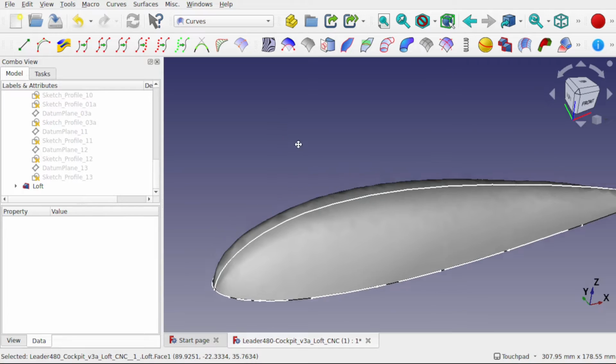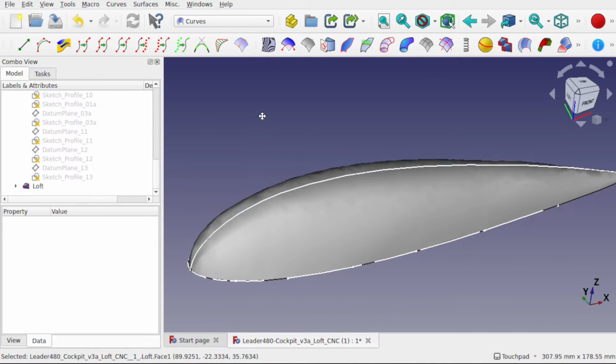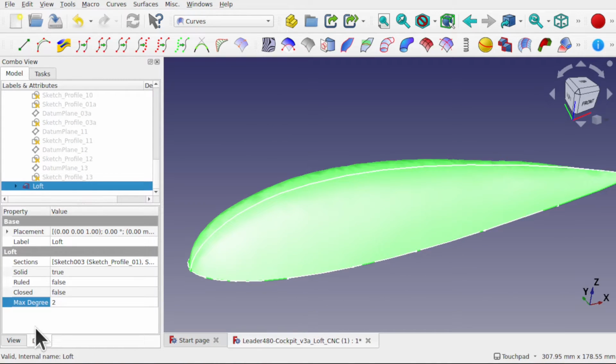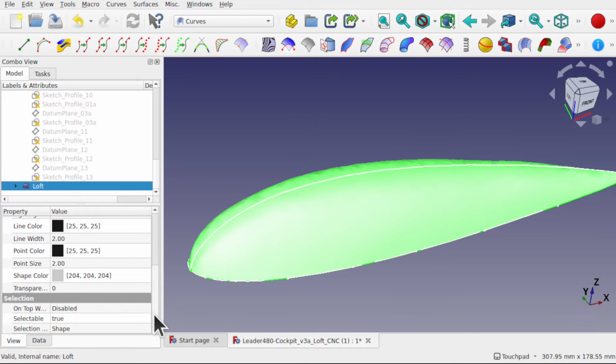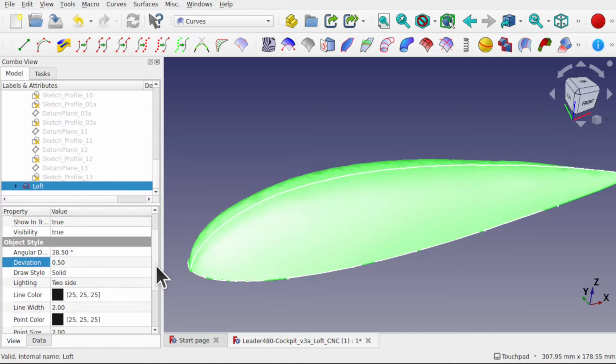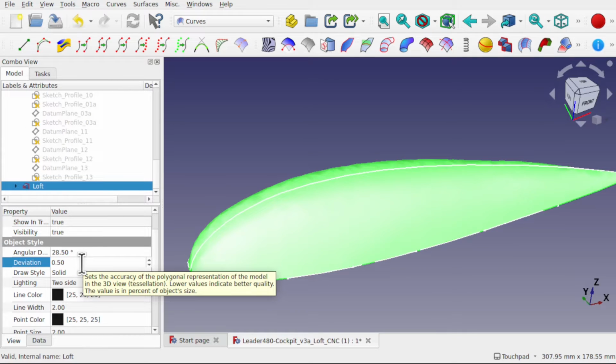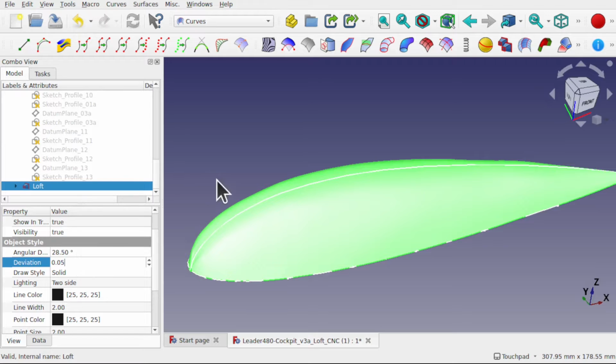Now, we know it's not the max degree. Let's come into that loft and look at the view. Come down and we should see our deviation settings. So it's under object style, and we've got the deviation here is 0.5. That's the default deviation. We can change that in our preferences as well. So if we change the quality by bringing this down even further, 0.05,